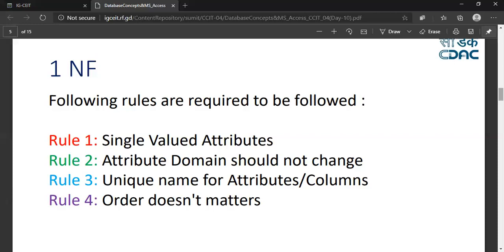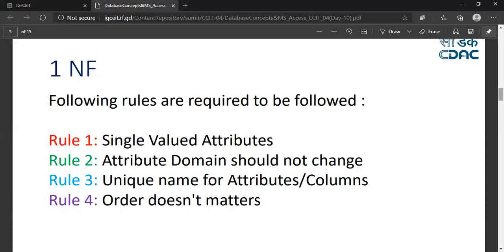right? So as per normalization, your data should be consistent. And for maintaining consistency, you have to implement these four rules given for first normal form. First is single valued attribute. You should have a single value against each record in a particular column. Attribute domain should not change.